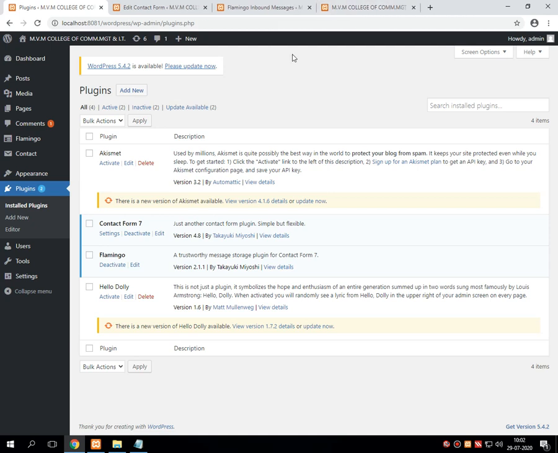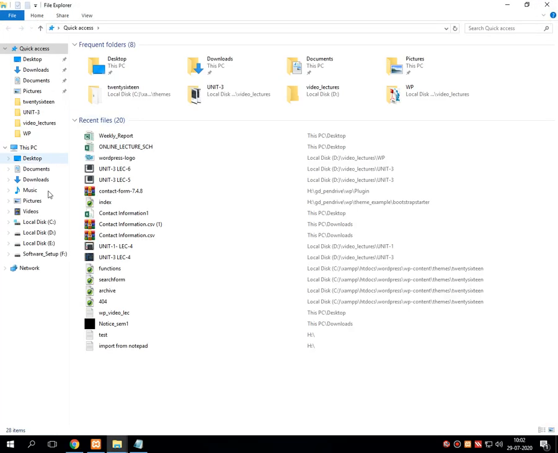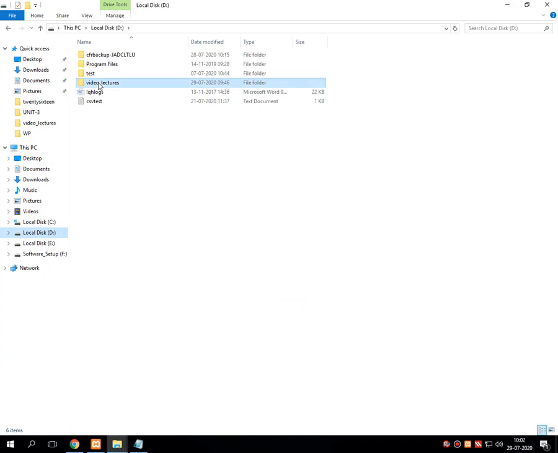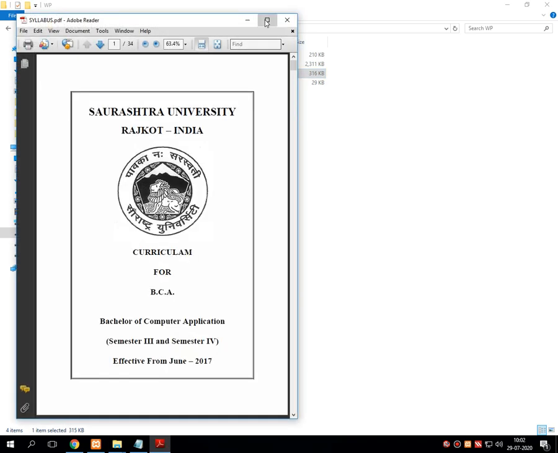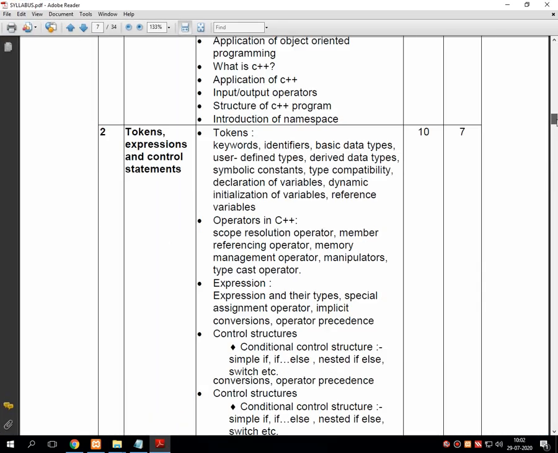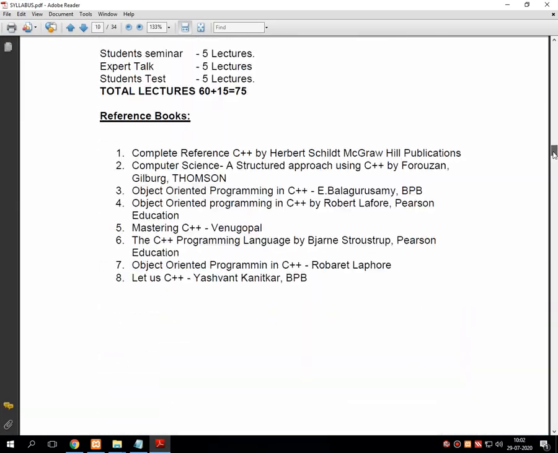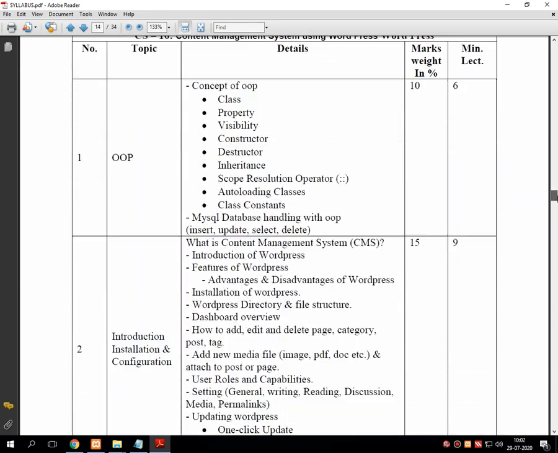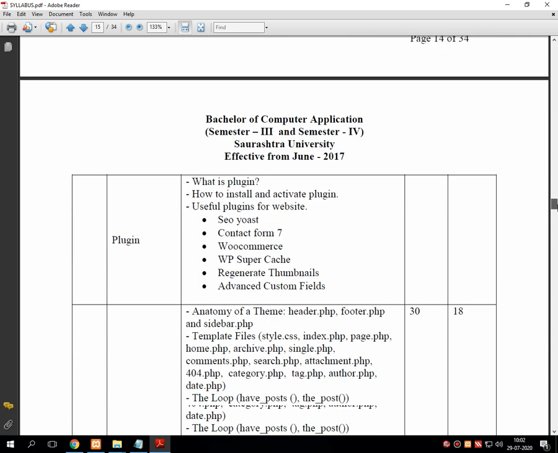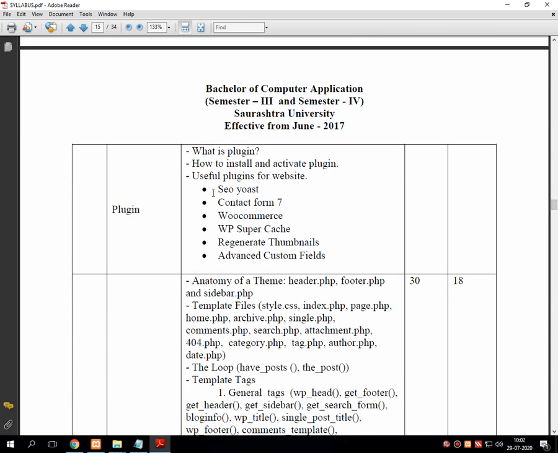So the next plugin which we are going to take is... this is the list of plugins we have to discuss. From this entire list we have completed Contact Form 7.